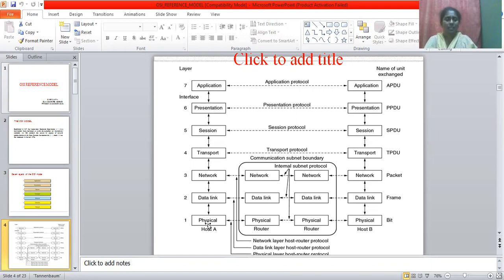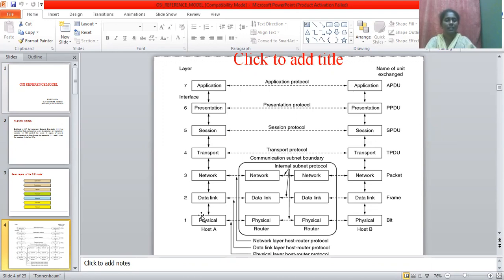And this and the below layers, that is physical, data link and network layer, they communicate via the communication subnet boundary. And between two network layers of the devices, we have the network layer host router protocol, and between the data link layers we have the data link layer host router protocol, and between the physical layers we have the physical layer host router protocol.